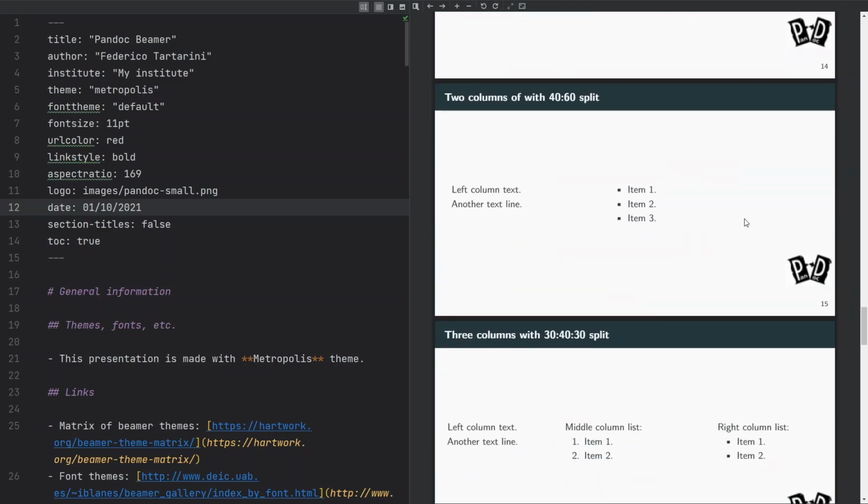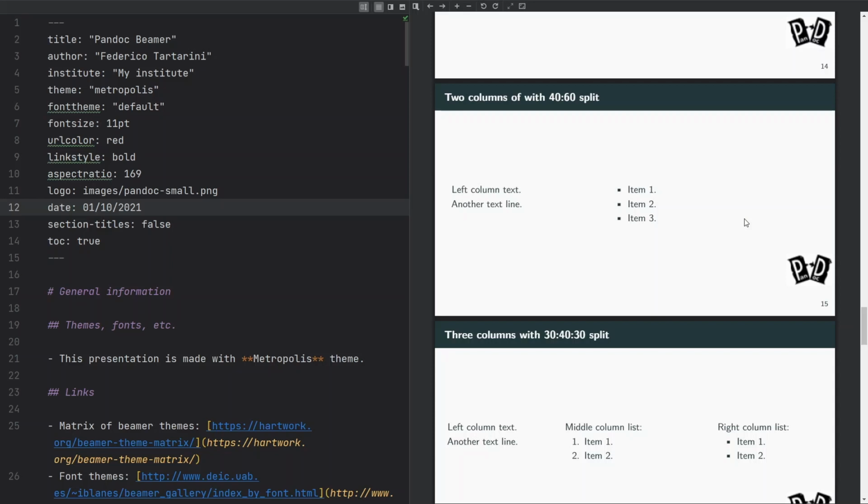So let's get started. We're going to first see how to install Pandoc and MiKTeX very quickly. Then we're going to start with a very simple presentation. It's not going to look as beautiful as this one, but I just want to show you the basic concepts. Then we're going to move into how to create a complex presentation. You can find the timeline below, so you can skip from one section to the other.